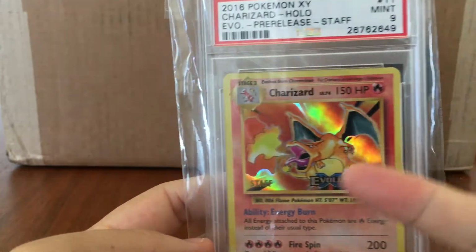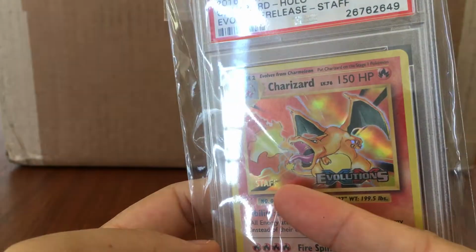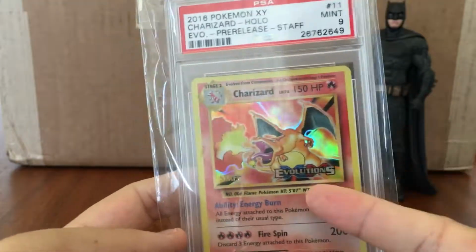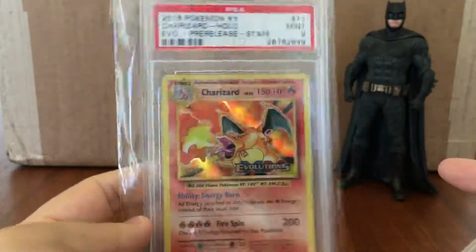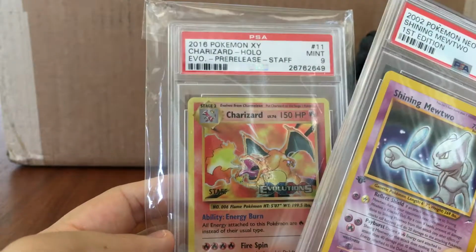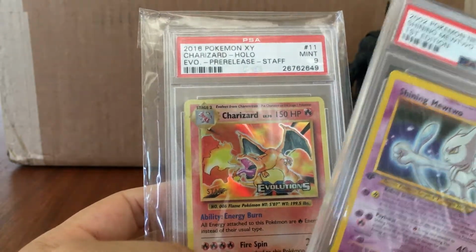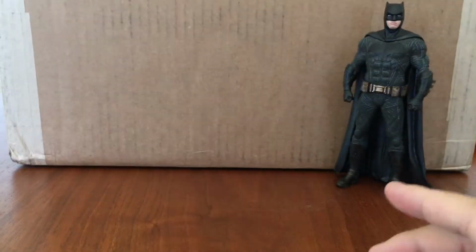And over here, if you look carefully, this is a Staff Charizard pre-release card that came out with the Evolution set. So this is also another expensive card, probably close to like $800 to $900, I think. Anyways,